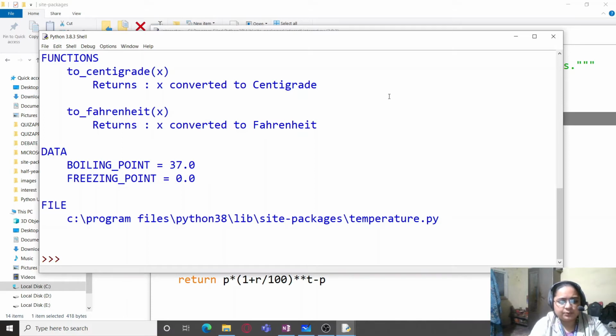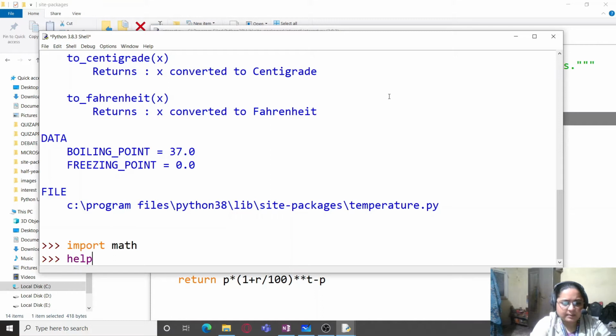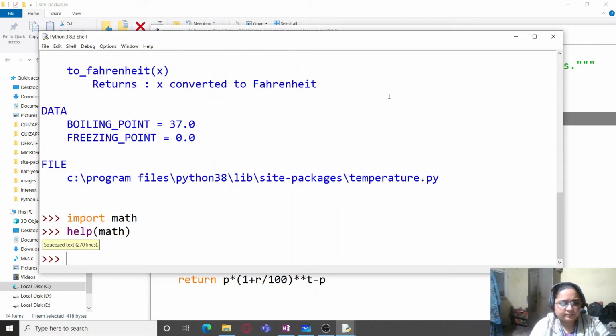Now, if you want to use this help function on any module like math, let us take the case of some predefined modules of Python. I'm just going to write import math and type help math, and you can see it squeezes the text.